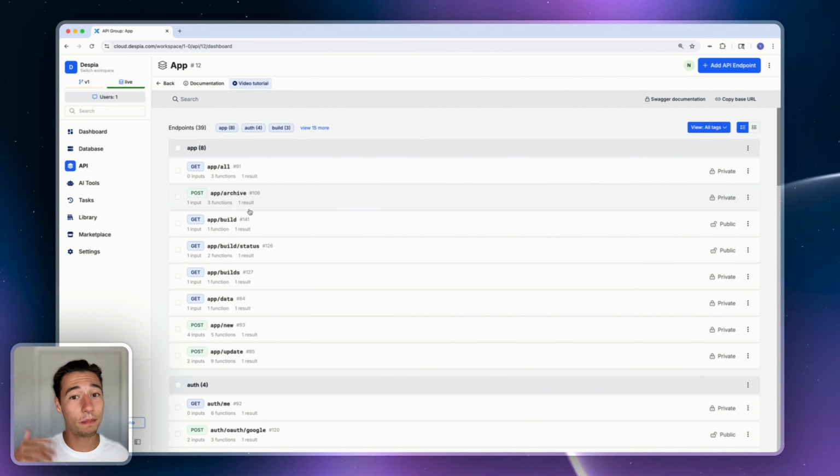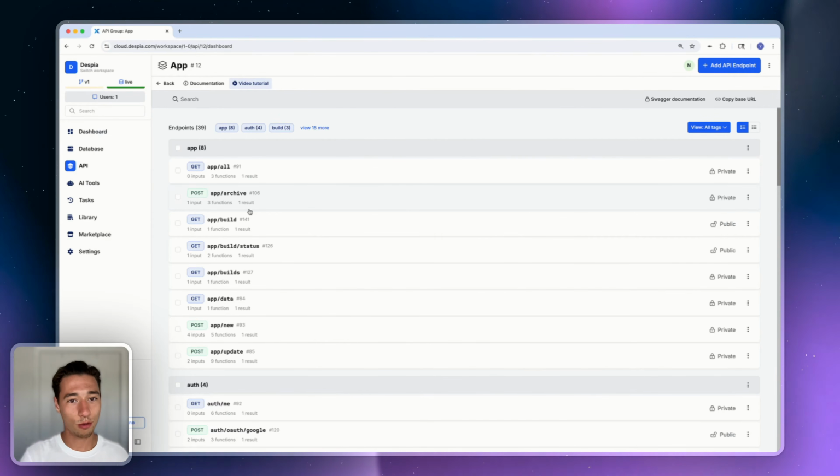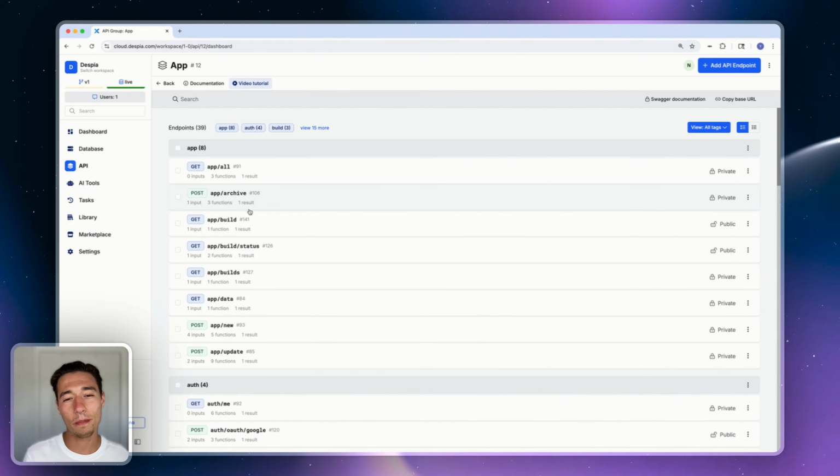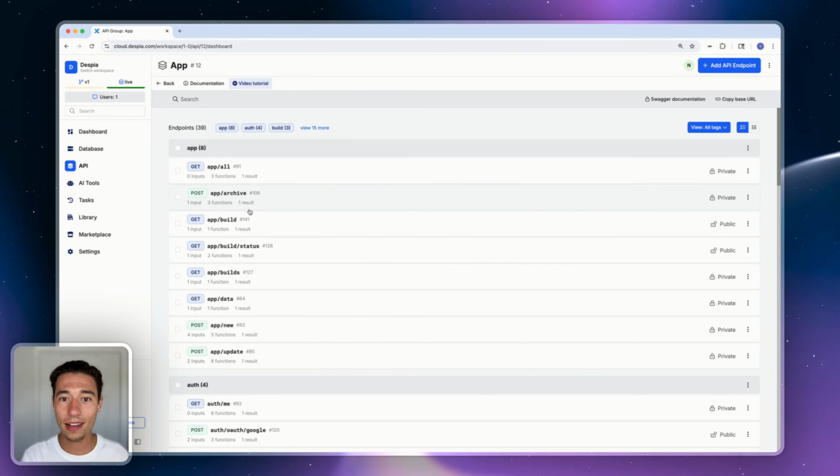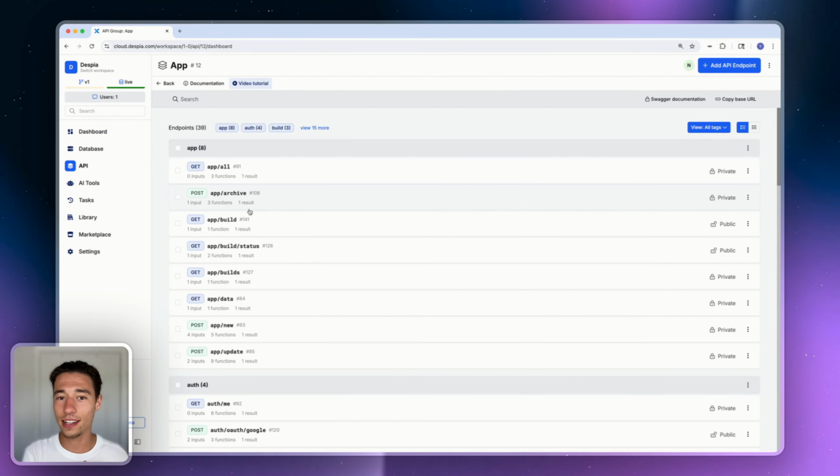I can't think of a better tool than Xano. I'm not getting paid by them to say this. I'm just truly convinced that this is the way to build backends. This is the way to build applications moving forward. It's the future. If you're using Supabase, if you're using anything else than Xano, I don't know what you're doing. You're living in the past.